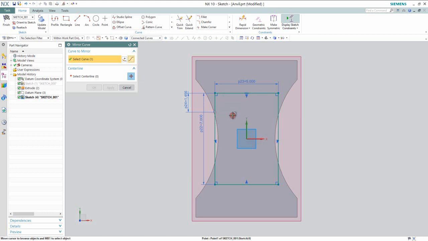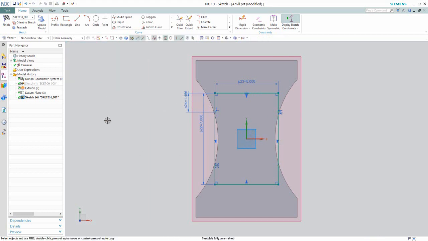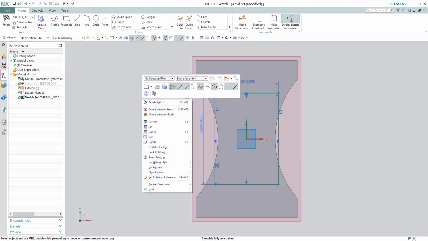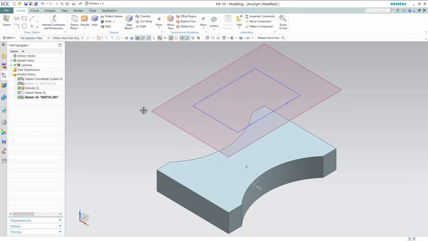Select the center line, choose y axis. Now you will see that my point is created on the opposite line of the rectangle. Create another point by using the mirror curve command. Finish the sketch, close the visibility of this plane, save the file.